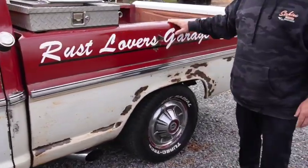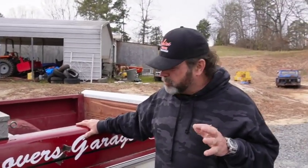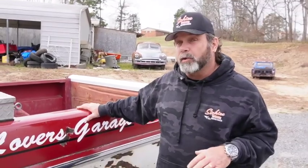The only thing suspension-wise back here we've done is I did take one leaf out of the leaf spring setup, and that did allow it to settle down quite a bit. These are the original springs, and if it weren't for the fact that this truck was worked to death, and we'll talk about the engine and stuff in just a little bit, these springs would have quite a bit more arc to them because they are flattened